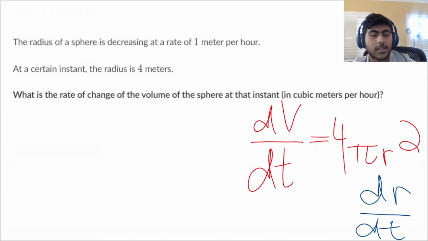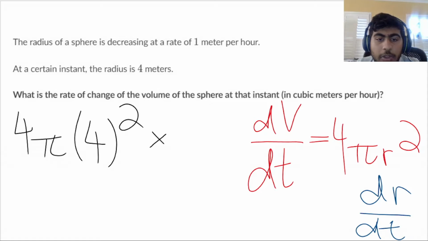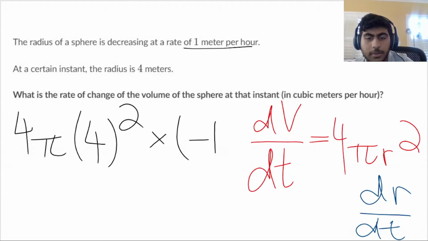So at that one instant, the radius is 4 meters, so you have 4 pi and then 4 squared, and then you're multiplying that by the rate of change of the radius, the derivative of the radius, which is said to be -1 meter per hour. I'll multiply this together, and we end up with